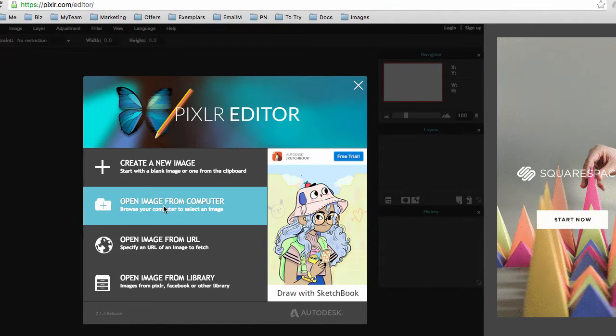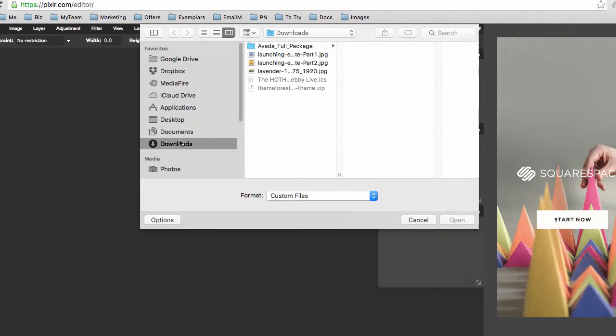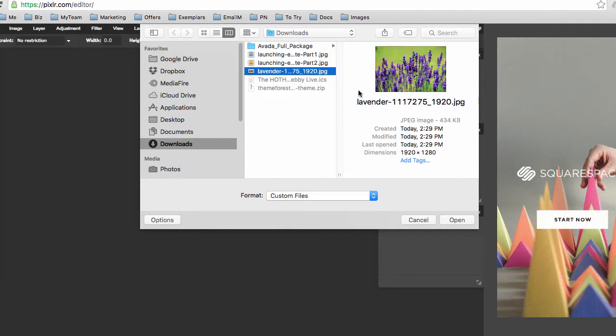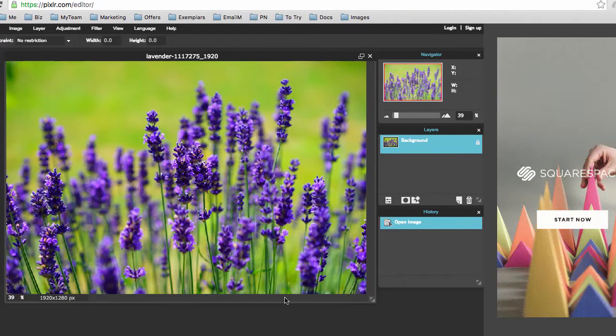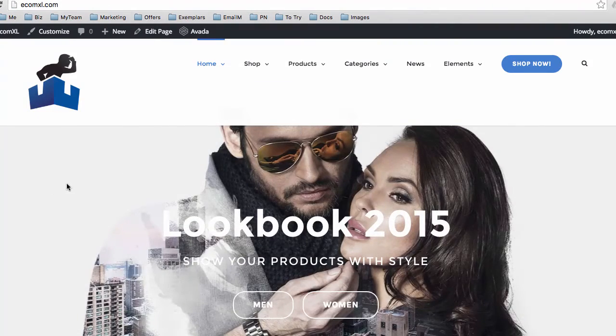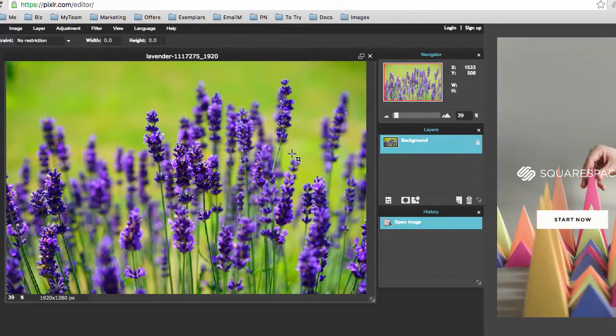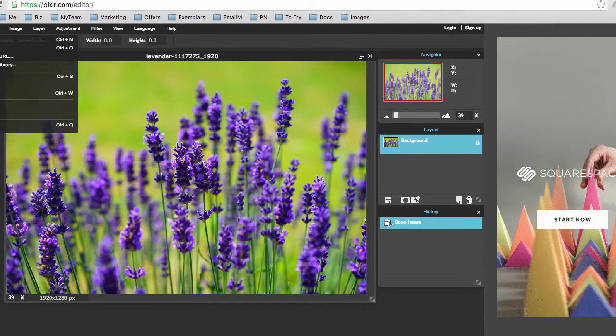We're going to come here and open image from computer and go to the lavender picture and open it. And there it is. Now, there's not really a lot that we need to do. If you wanted to edit this particularly, then you could do that, like put text on there or whatever. But in this case, all we're going to do is upload that picture for the background image on our website. So there's nothing really else we need to do to it except come up here to File and